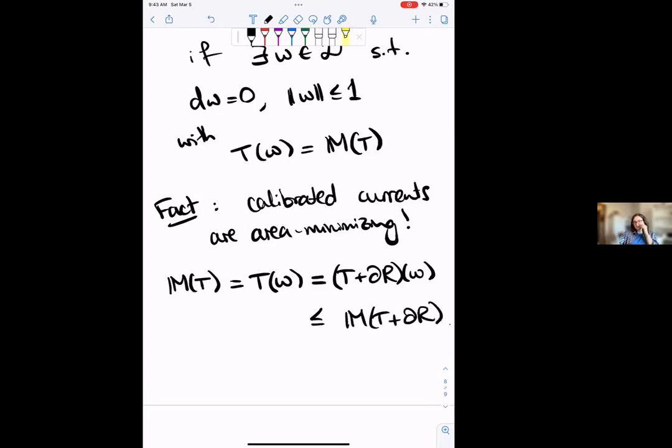So yeah, it's a very trivial proof. This allows us to come up with examples of area minimizers that come from calibrated things. Okay,